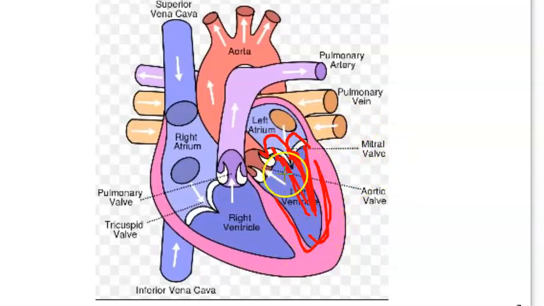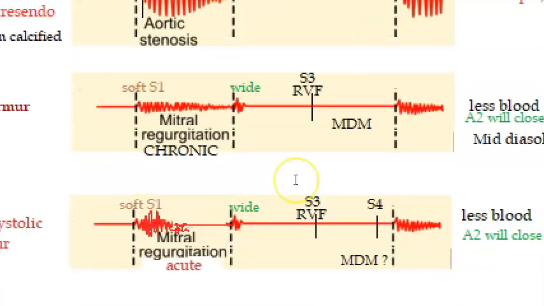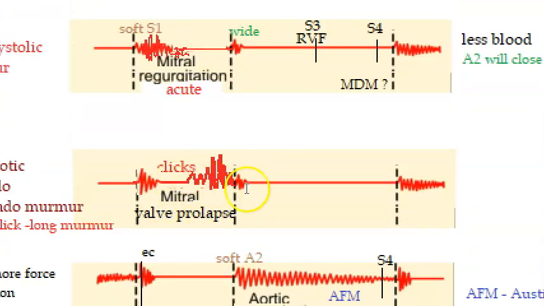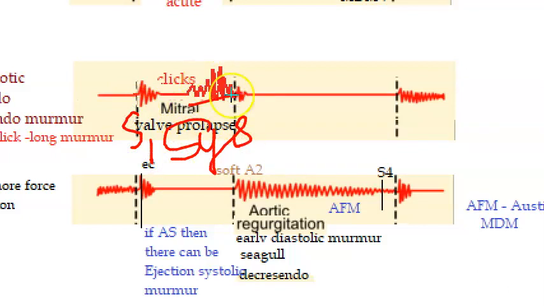So basically here what can you see? It should be after your mitral valve closes only, right? Because this is the prolapse. So here you can see the mitral valve is closing at S1, right? Here they are showing you mitral valve prolapse. Guys, focus here. This is mitral valve prolapse. They are showing you a crescendo decrescendo kind of murmur, increasing and decreasing. This is a late systolic murmur. It is in the systole, after S1. So it is coming late. It is a late systolic murmur, and it is increasing, decreasing, so it is a crescendo decrescendo murmur.